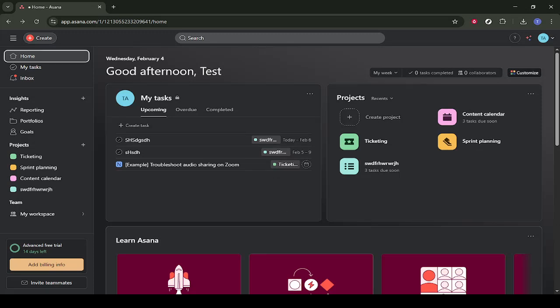In today's video, I'm going to teach you how to create a new project in Asana from your home screen. First, make sure you're logged into your Asana account and then head over to the home page. This is usually the default view when you open Asana, and it's where you'll see an overview of your recent work, tasks, and projects. Take a moment to let the page load completely so all the buttons and menus appear